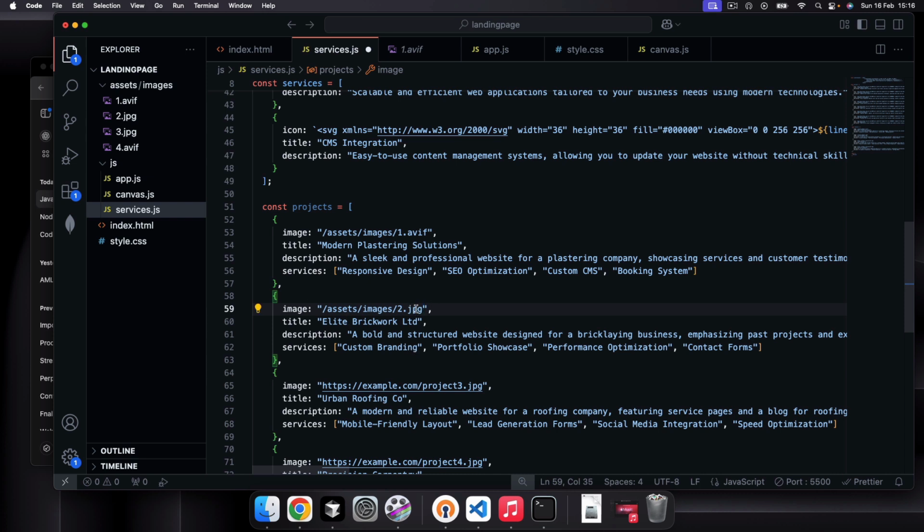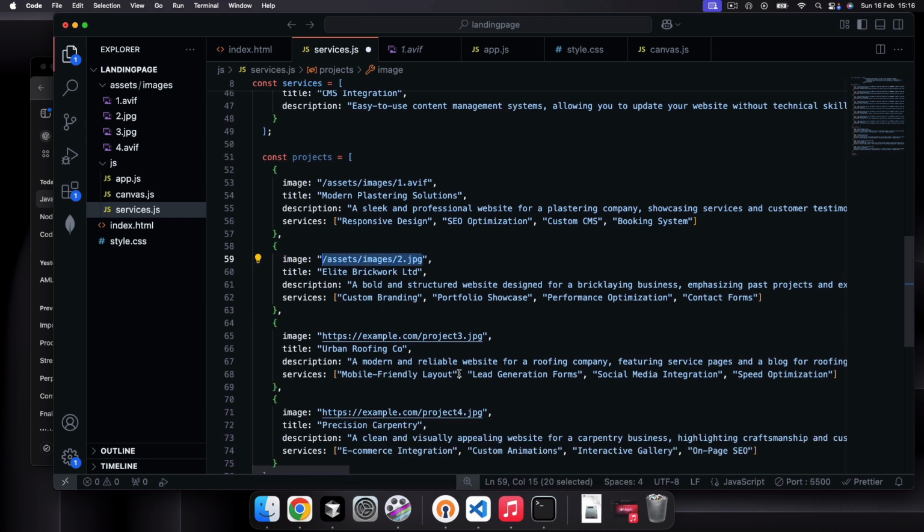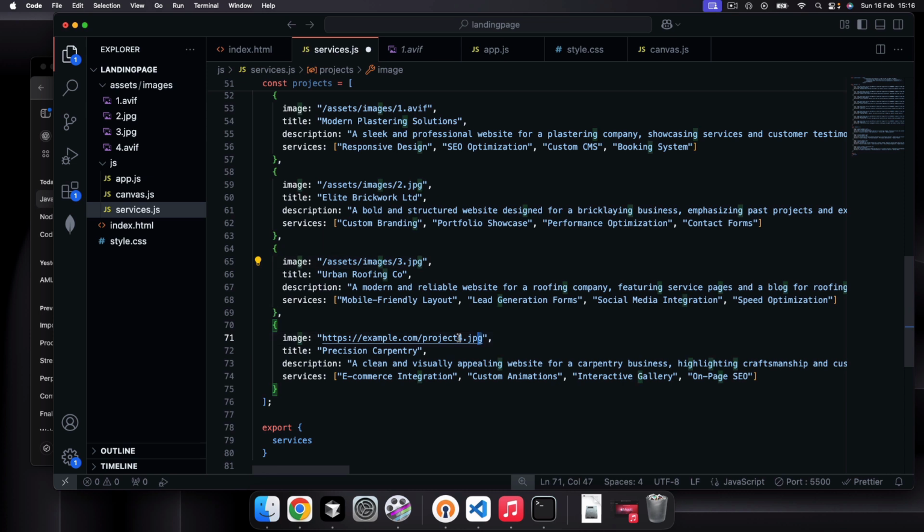And then yeah, we'll copy this down for the third one here, and that can be 3. And then the final one is an AVIF, so 4.avif. Just paste that in, and we can just say here 4.avif. Okay, so there's our projects,